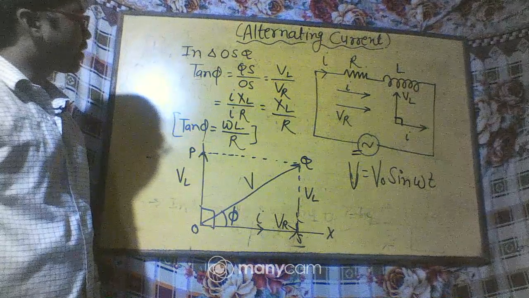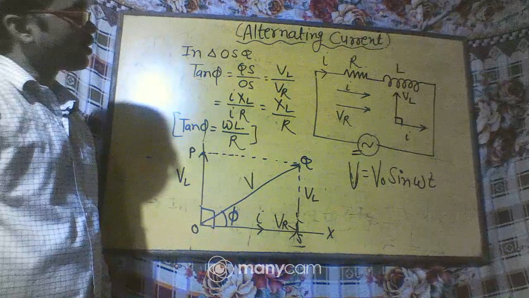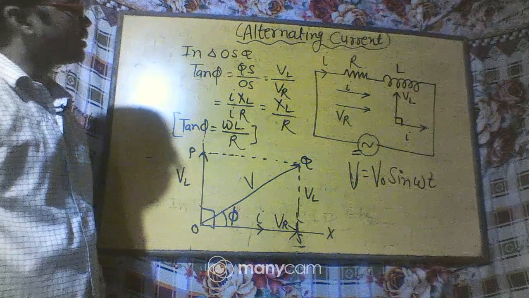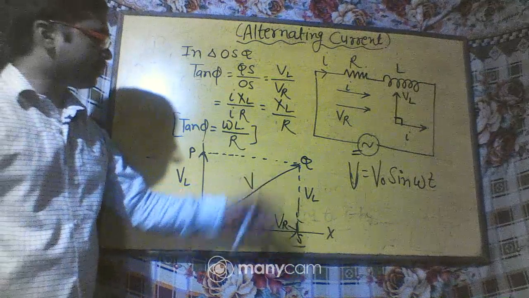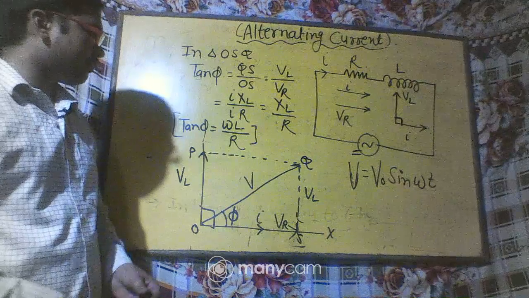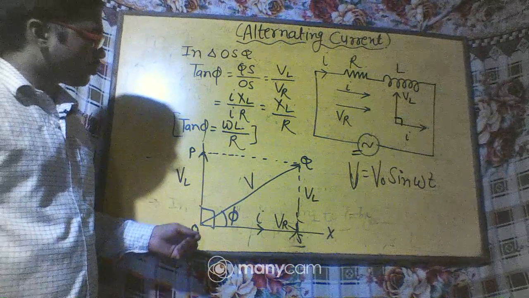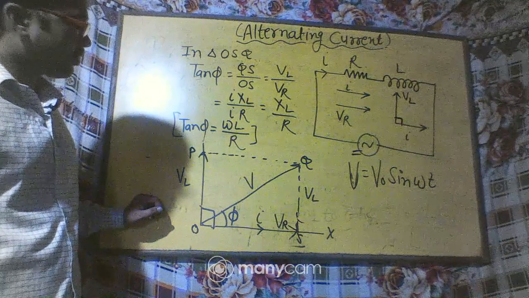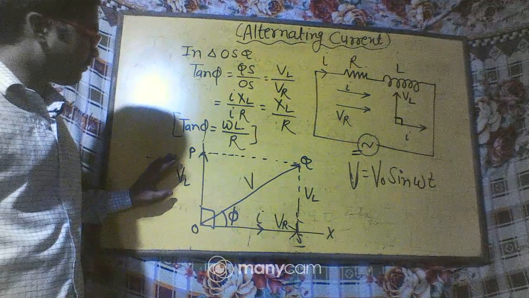Now we are ready to find out the equation of alternating current I flowing in this circuit. So you can write down these things in your copy because the topic is very important, and you can solve questions based on this topic by using the different relations, and you can draw the phasor diagram for this circuit. The things are very easy because you have the basic idea about the Pythagoras theorem from previous classes.